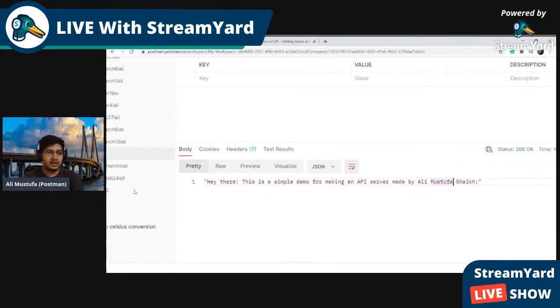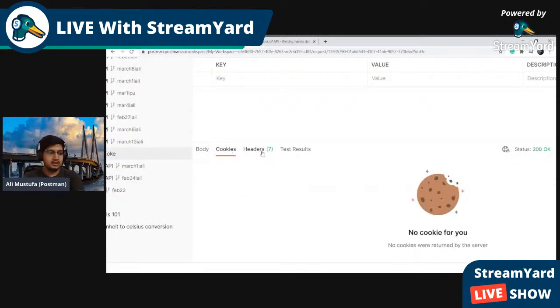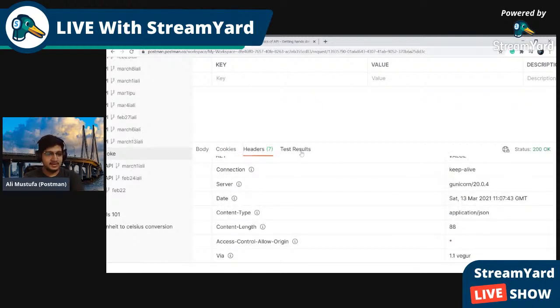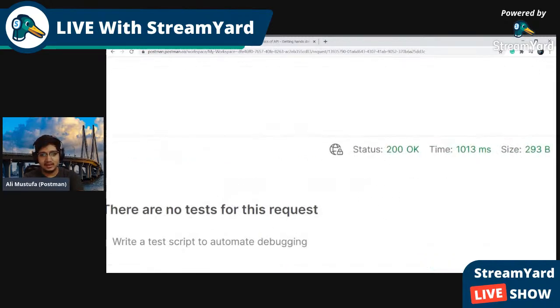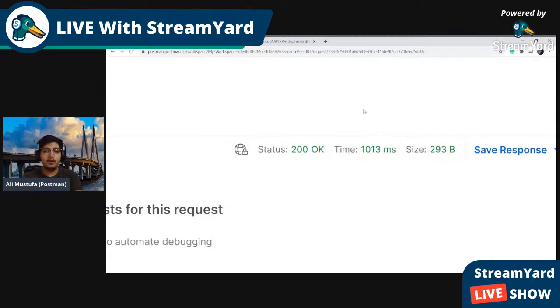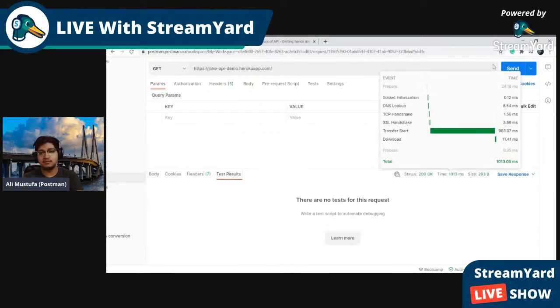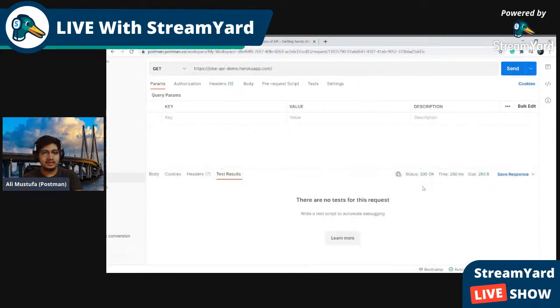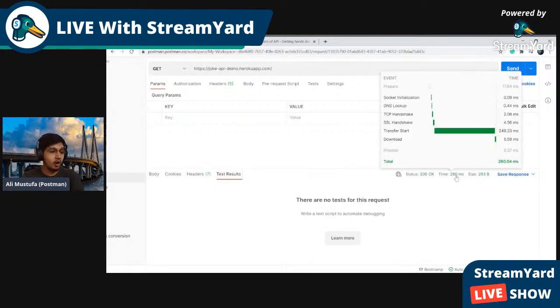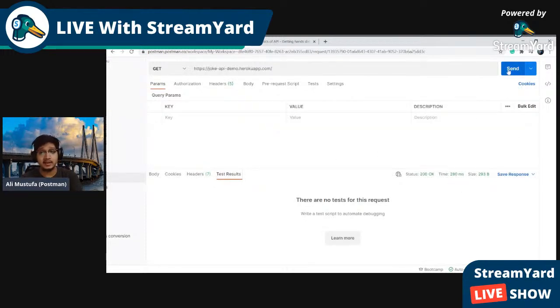And you should see the response field with more details. Earlier it was empty. Now you can see there's a body, there's a cookie, there's a header. There's a test. Then on the right hand side there's the status code, the time it took, and the size. Now I want you to resend this request and see the time again. The time is 280 milliseconds. It just dropped from 1000 milliseconds to 280 milliseconds. Send it again, and it will be from 200 milliseconds to a maximum of 400 milliseconds, something like that. So you can see 265. If you keep sending it, it will be something like that.